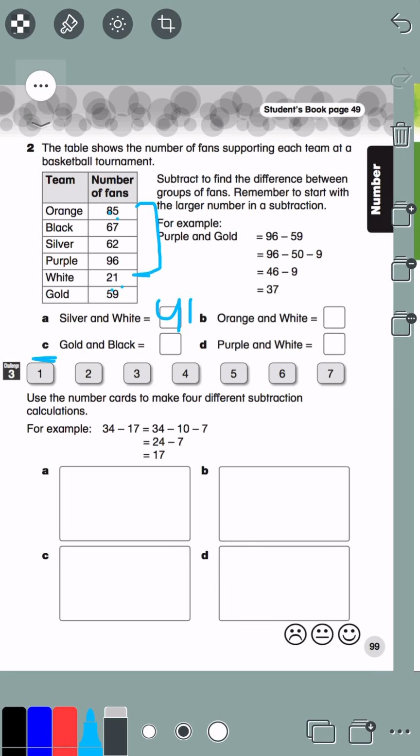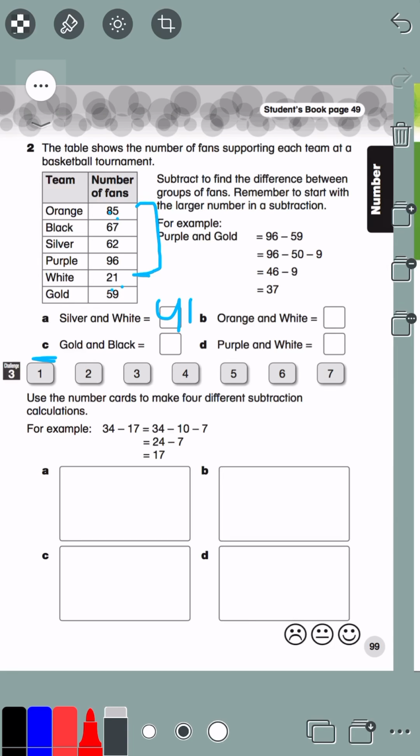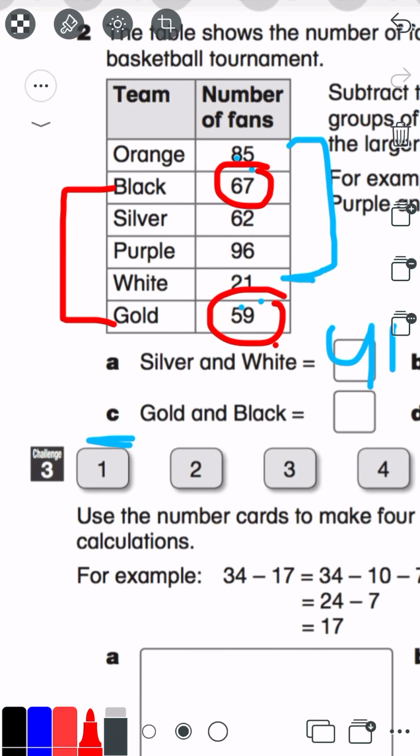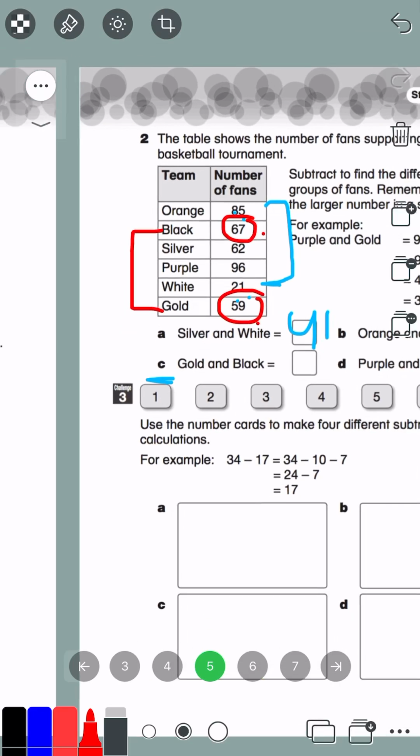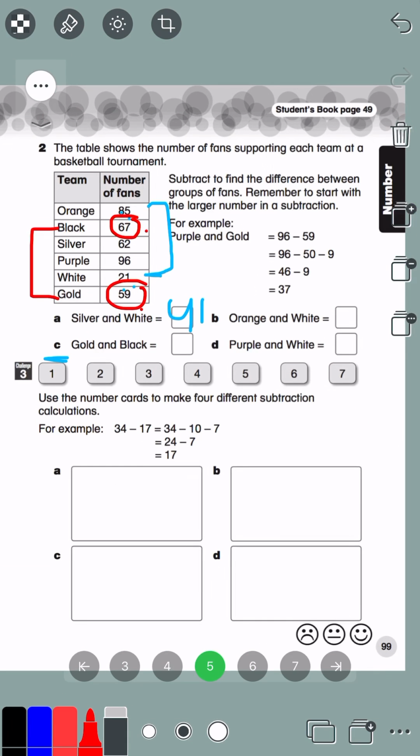What is the difference between the gold and the black? The gold and the black. In this case, look, the two numbers are really close to each other. So you can count on from 59 until you reach 67 using your fingers. So the difference here, I'm counting on from 59,